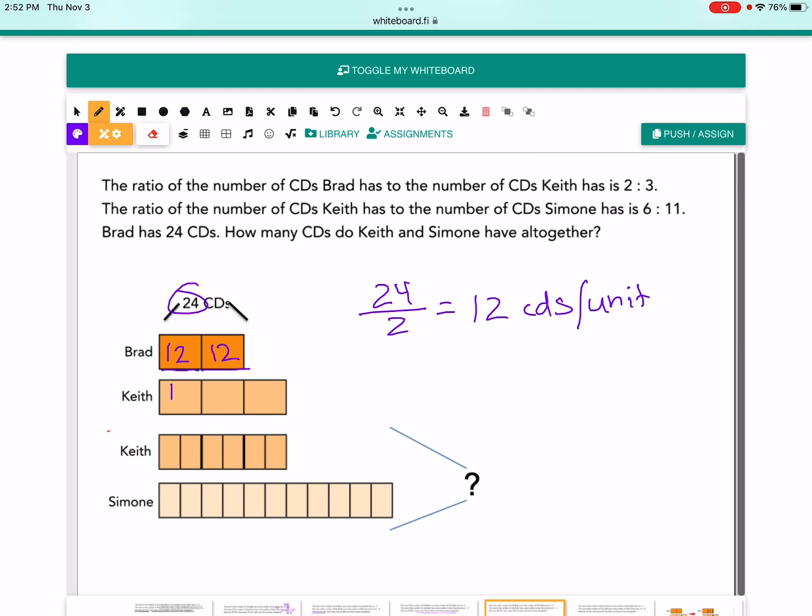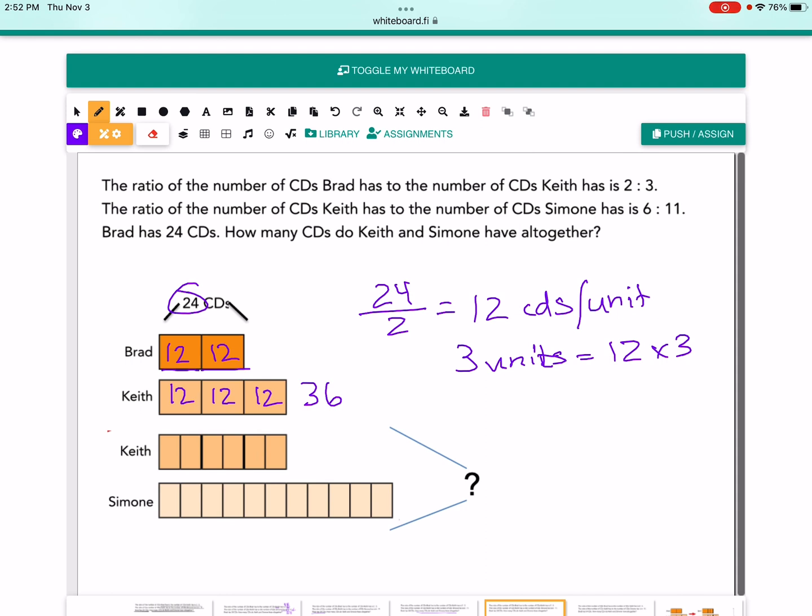And that's true for Keith's CDs here. That means that Keith has how many CDs? Well, 3 units is 12 times 3, right? So that's 36. You know that 3 12s are 36. You've known it for a while. Okay, so